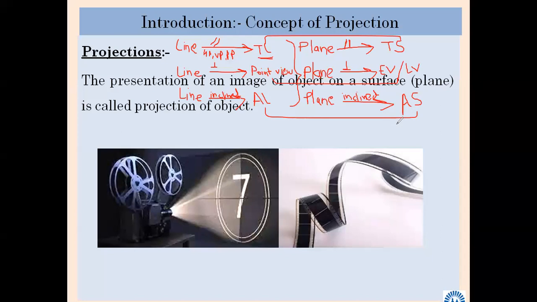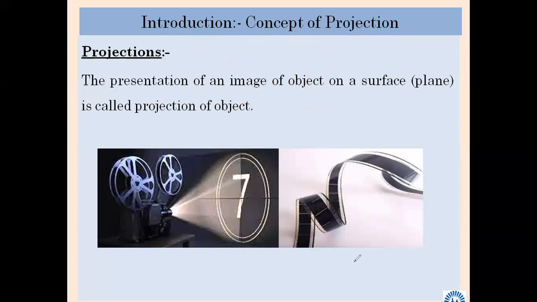Line view or edge view. Are you understanding what is edge view or line view? It means the plane will look like a line, something like this. Okay, so that is given, and the plane is inclined. Shall we go next? You understood this? Already we have discussed the parallel concept here.